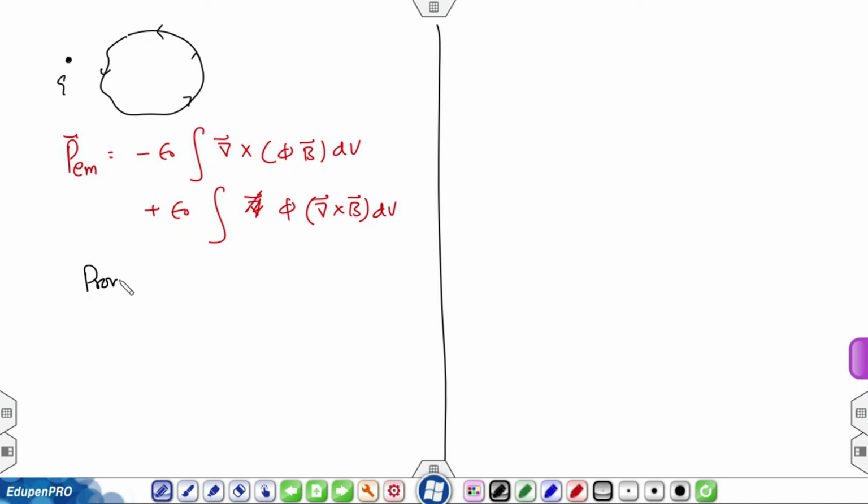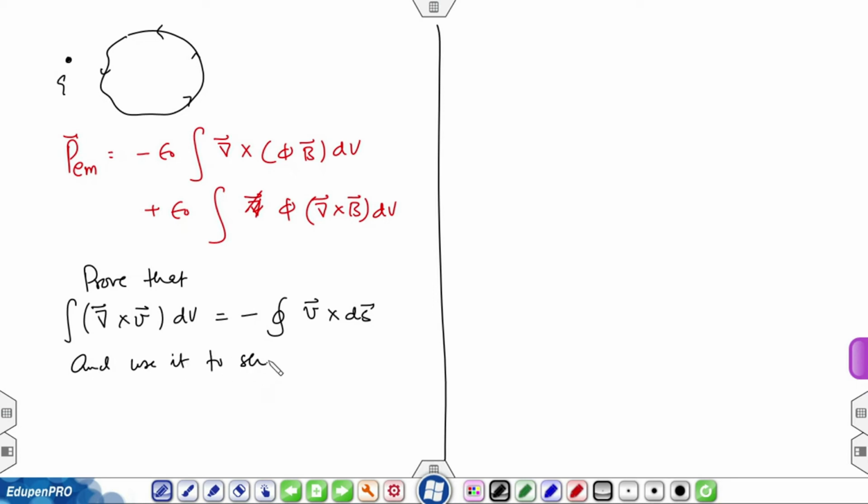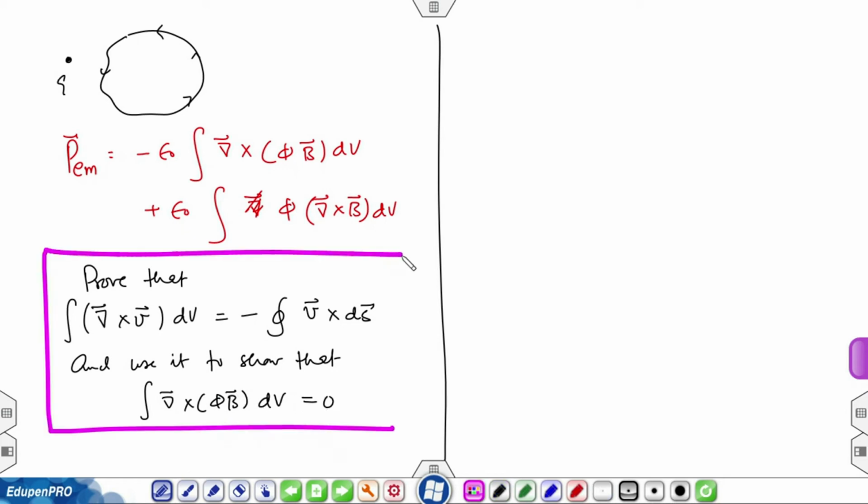Prove that the curl of a vector integrated over a volume is equal to minus the surface integral V cross dS, and use it to show that the integral of curl of phi B dV is 0. I expect you to show this, and therefore,